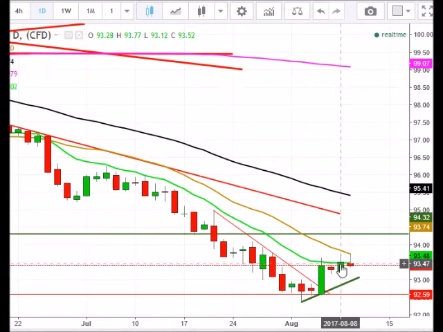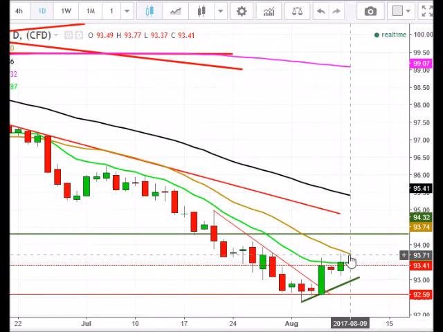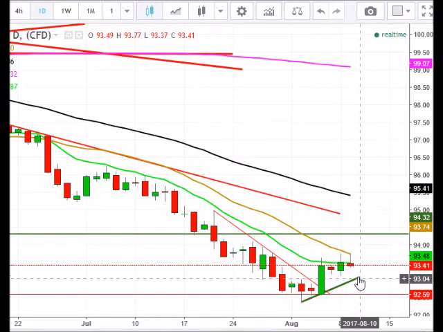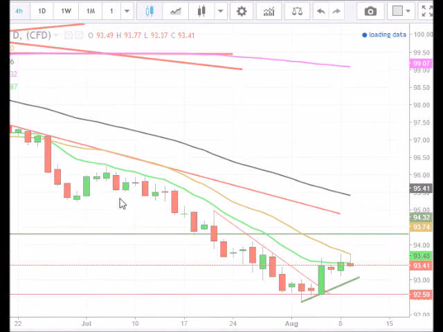Now, my moving average here on this daily time frame does act as resistance when price is below it. You can see here that we managed to stretch up and hit my other moving average, but again rejected and closed slightly below here. So again, you just have to make sure that you watch for this 93 level, watch for this trend line here. Looking back at that 4-hour time frame,